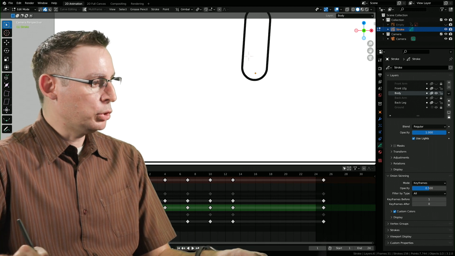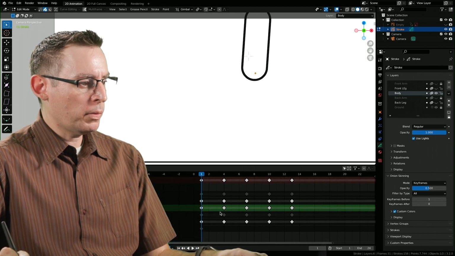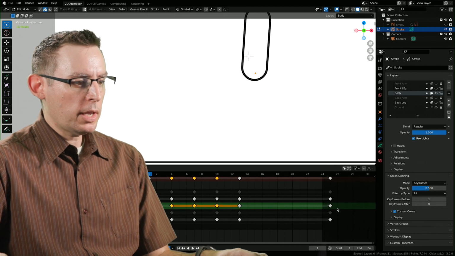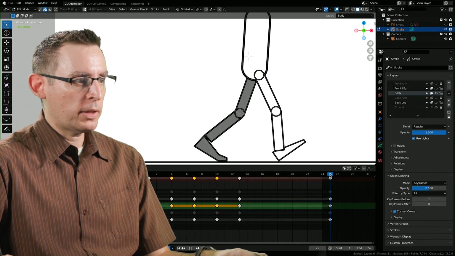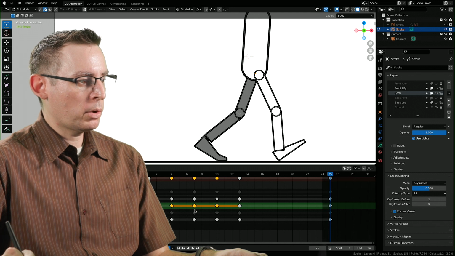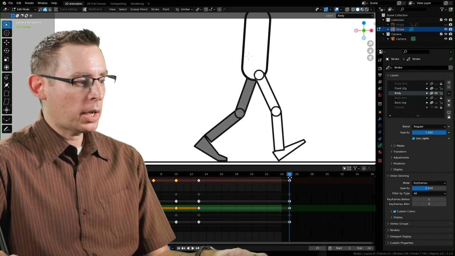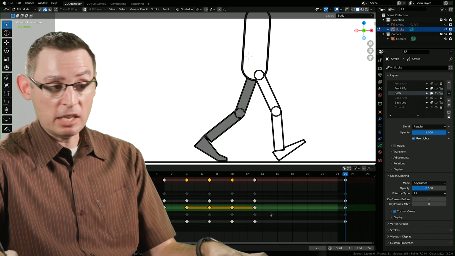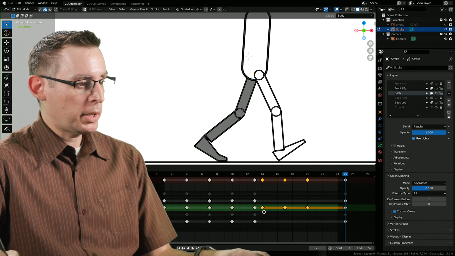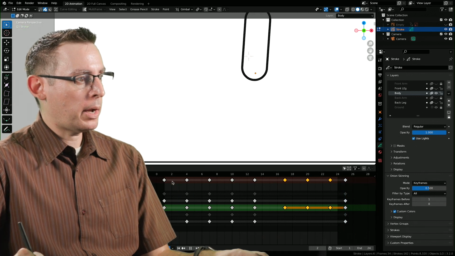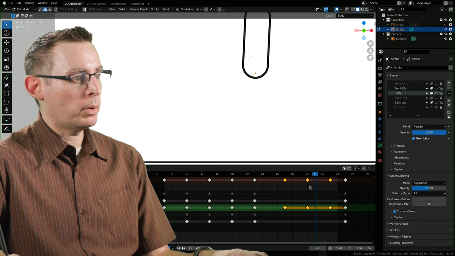All right, so I want to duplicate not all the keyframes, but just the keyframes on 4, 6, and 10. We already have a keyframe on frame 25 that's perfect. We just need 4, 6, and 10 to be duplicated inside of here. Now we're going to copy, or actually we can just duplicate these, okay? We're going to duplicate them, move them over to where they need to be. And now we have the body just bobbing up and down quite wonderfully.